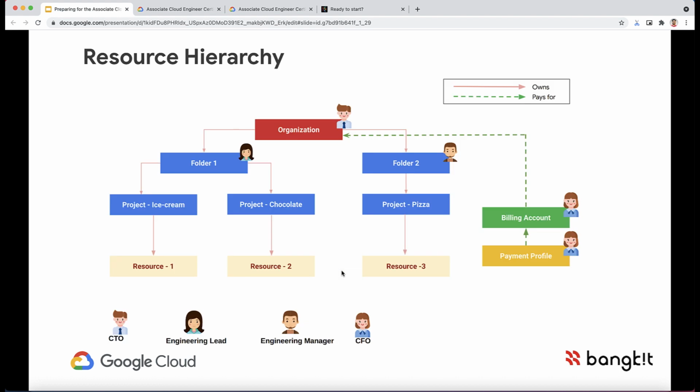Now, the next important concept is resource hierarchy. As you see on the screen, Google Cloud has distributed its infrastructure into a resource hierarchy, which allows you to grant permissions very effectively, and also helps you in assigning billing accounts to the organization. So consider you have a company with multiple projects running within this organization. As you see on the screen,